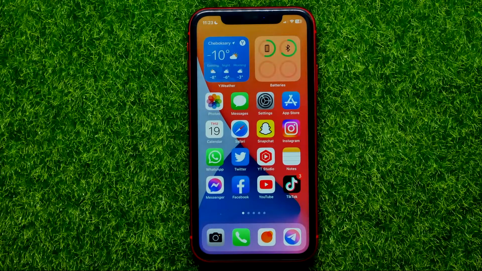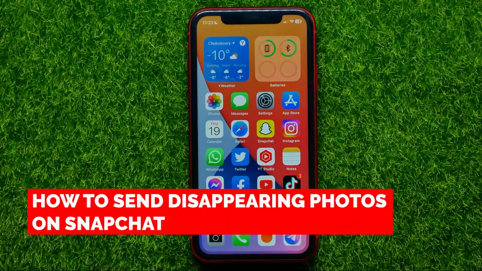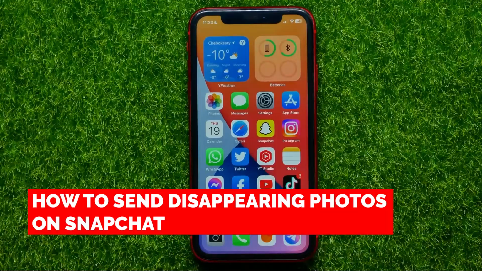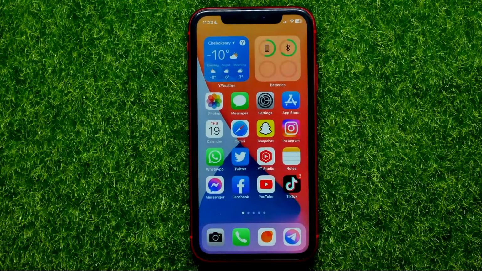Hello guys, welcome back. In this video I'm going to show you how you can easily send disappearing photos on